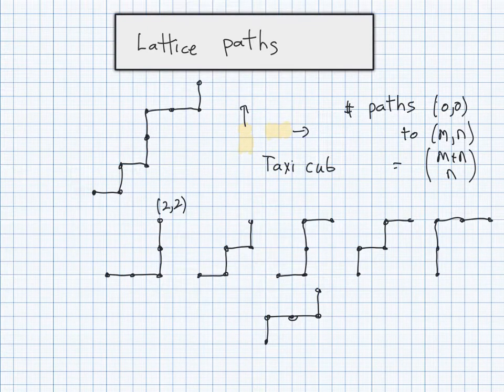And one way to see that is to actually replace the directions with a binary string. The way the coding works is you replace an east step with a 0 and a north step with a 1. So for instance, if I take this last path,